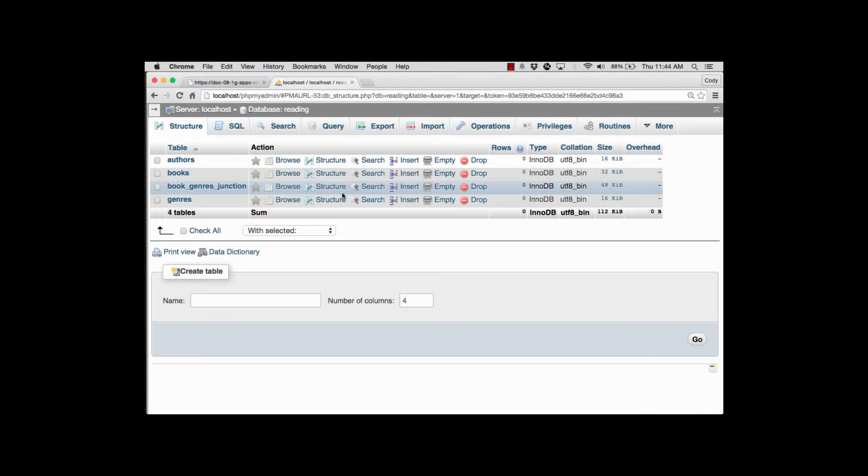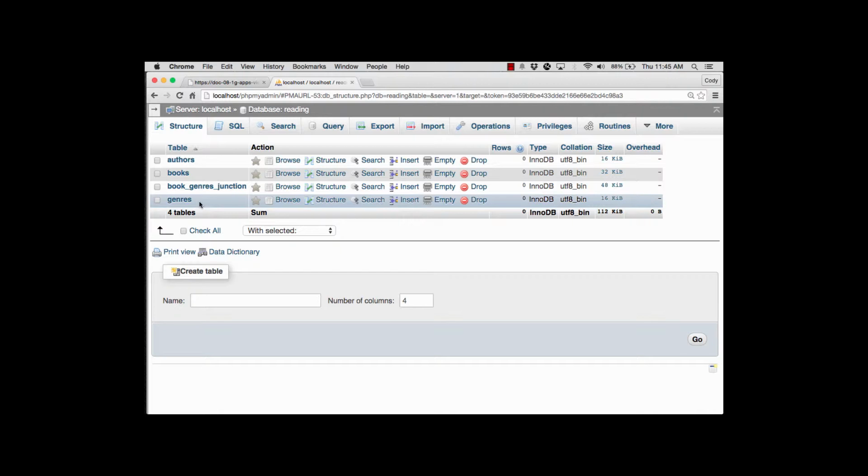One of those that we're going to be interacting with is a database based on some books. And so I've got a couple different pieces of information here we're going to be going over and seeing how they relate to things using the ideas of one-to-one, one-to-many, and many-to-many relationships using MySQL. As you can see right here on the left top area, we have the authors table, the books table, and the genres table. I'm skipping the book genres junction table right now to start off with because we're going to explain that one